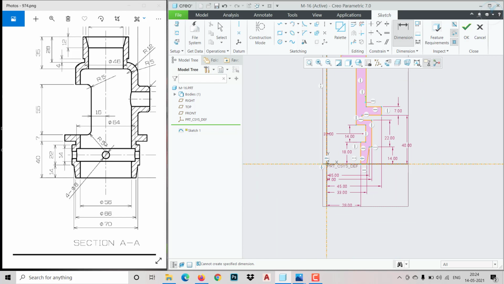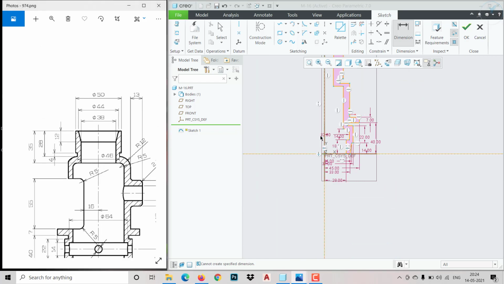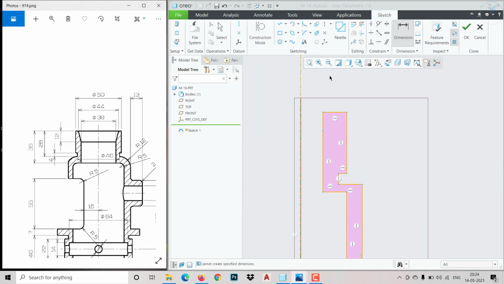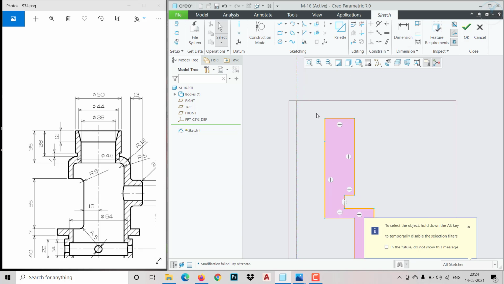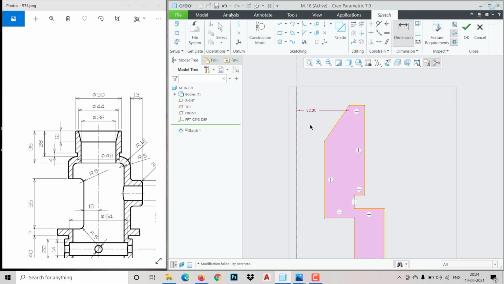Okay, fine. So let us make the same thing on top also. You can see this distance, this is 44, so it would come 22. So it is not editing, so that means we need to delete it. Then move it and see what is happening there. Fine. So now let me place the dimension. Sometimes it may be linked with some other, so at that time you can do this correct.